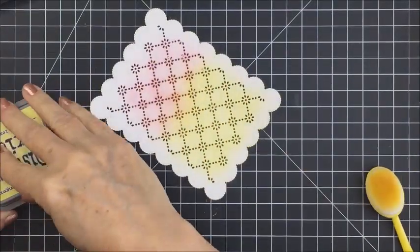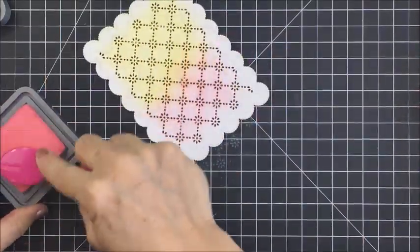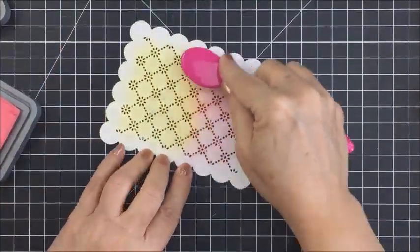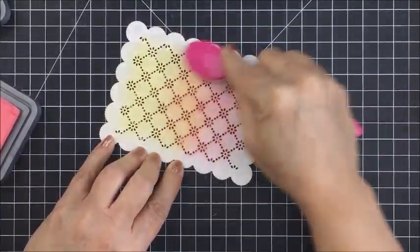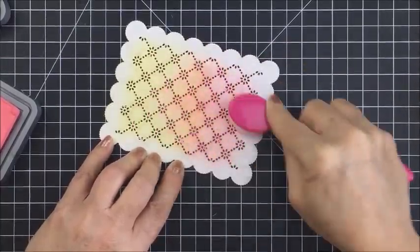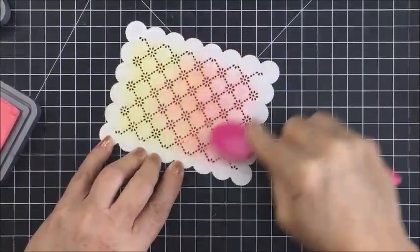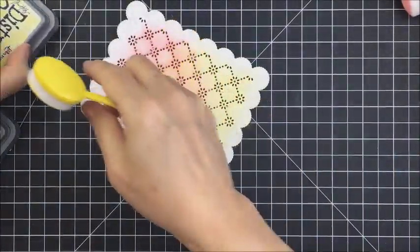I have sped this up considerably so that it doesn't take forever on camera for me to do this blending. But I think I have sped this up about 4 times, so that it goes a little bit faster. But it actually does not take that long to do this. It's a pretty simple and easy process. But I did want to just speed it up a little bit just so that it goes a bit faster